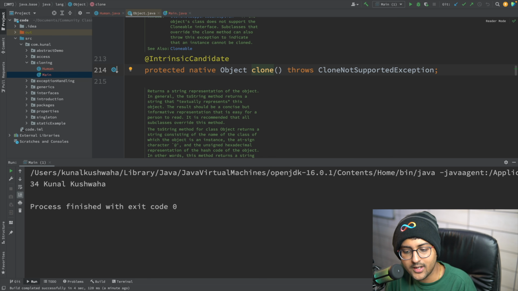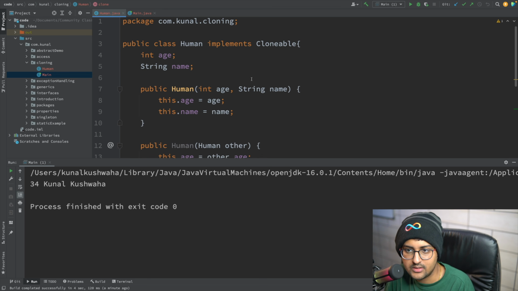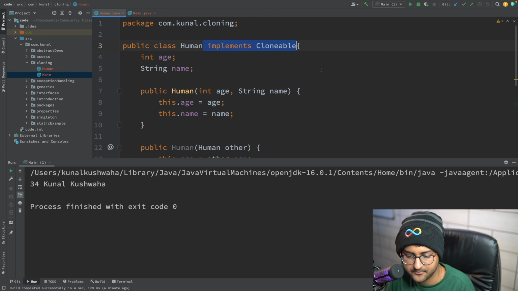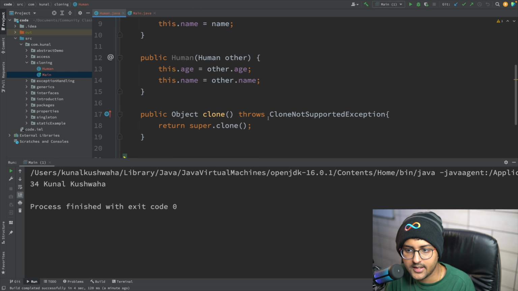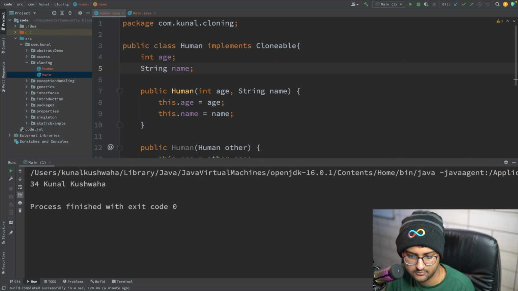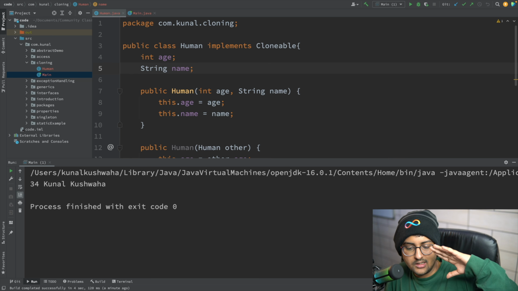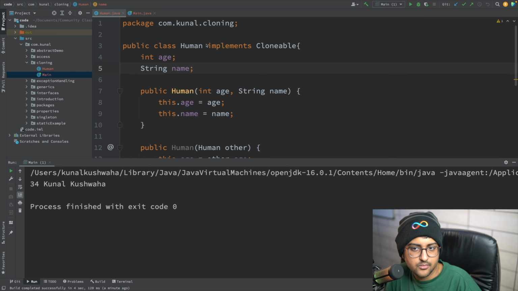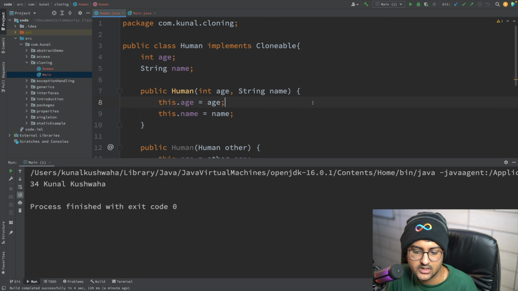Because if we don't implement the Cloneable interface, it will generate a CloneNotSupportedException. Hence we have to implement Cloneable. In simple terms, if you want to clone an object of a class, you have to implement Cloneable. That's something Java has provided us internally.